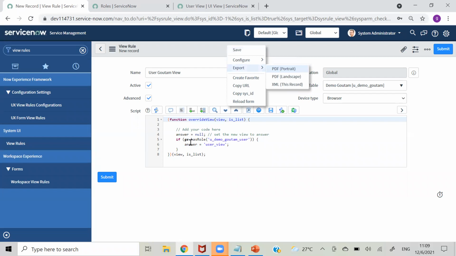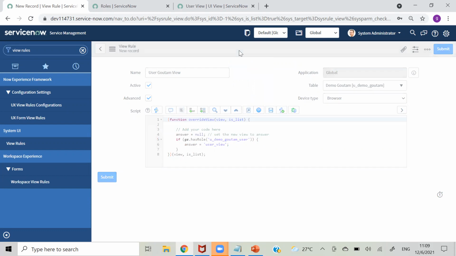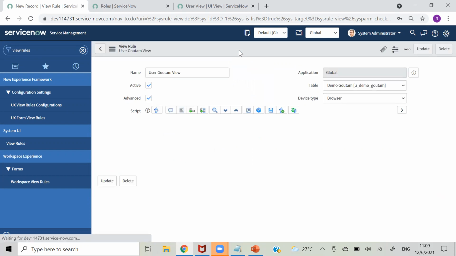What we are doing here, if user has this role, or this table role, he should view this one. So let's see if Able Tutor sees that.